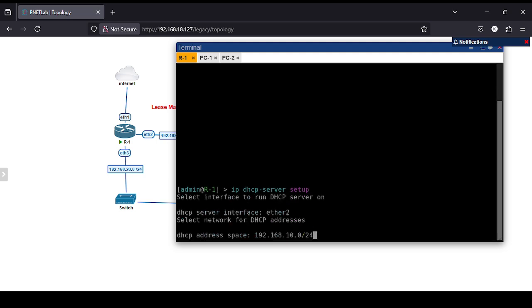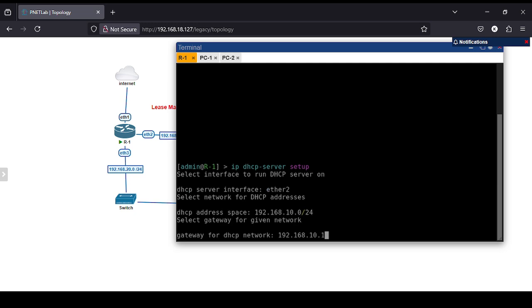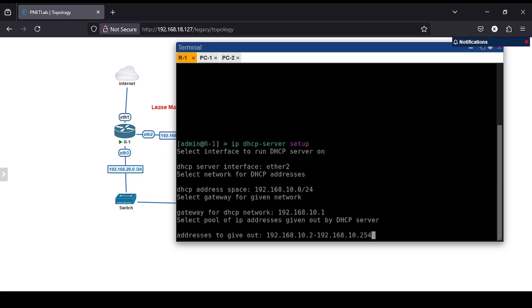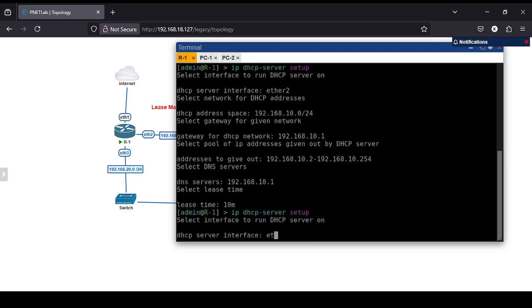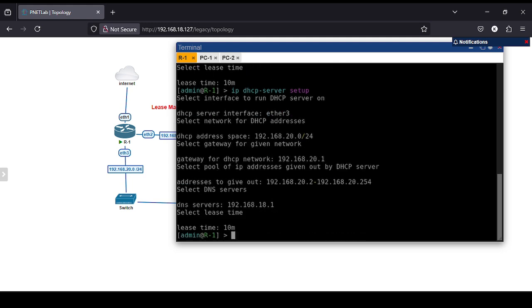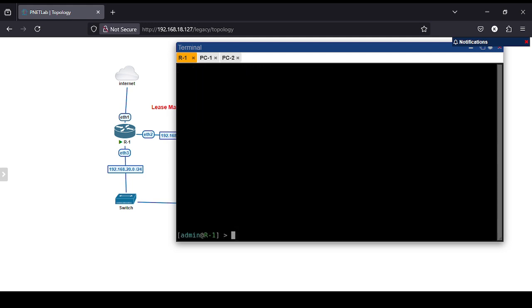We configure the DHCP server for Ether 2 and Ether 3 because Ether 2 and Ether 3 are the interfaces that connect to the client. Okay, next Ether 3. Okay, and next we will check the list of DHCP server